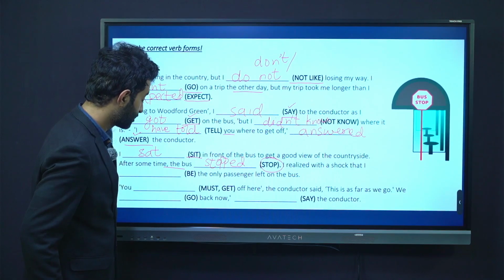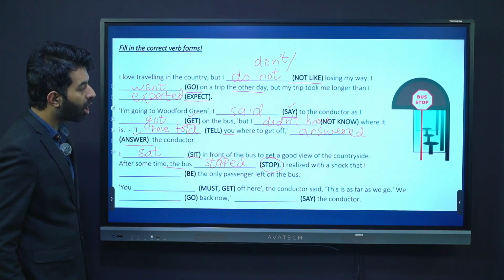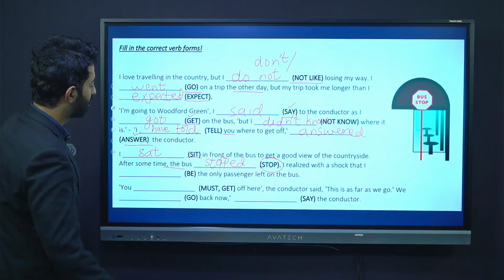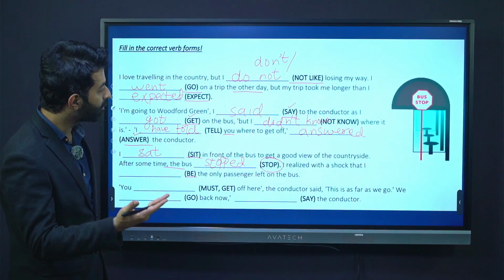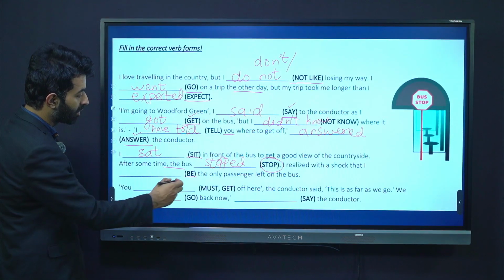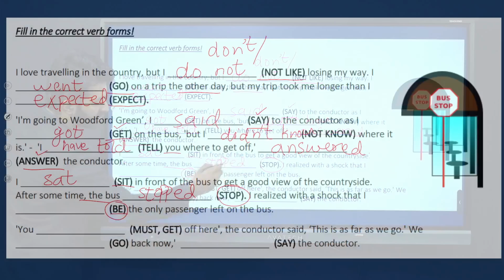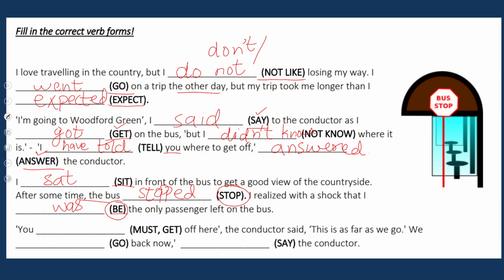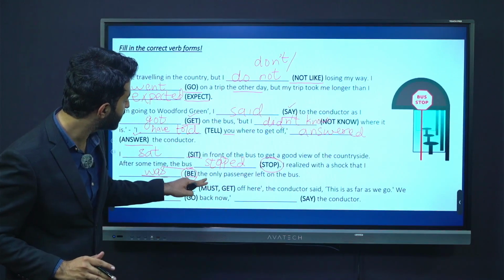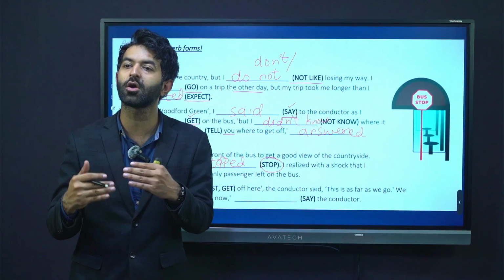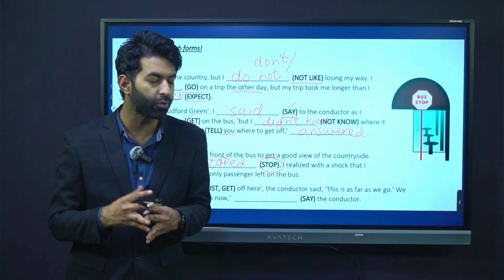ऑलराइट। आई रियलाइज्ड विद अ शॉक दैट आई बी, अब आपको पता है बी की वो सारी हेल्पिंग वर्ब सारी फॉर्म्स है, वॉज, वर। ठीक है, अब इसमें हम कौन सी लगाएंगे? दैट आई वॉज द ओनली पैसेंजर लेफ्ट ऑन द बस। सारे चले गए एंड आई वॉज द ओनली वन लेफ्ट ऑन द बस। सो बी में एम, इज, आर, वॉज, वर, ये सारे जहां भी आप बी का हिंट देखेंगे ब्रैकेट में, इट मींस यू हैव टू चेंज इट अकॉर्डिंग टू द सब्जेक्ट, अकॉर्डिंग टू द प्रोनाउन दैट वी आर टॉकिंग अबाउट।